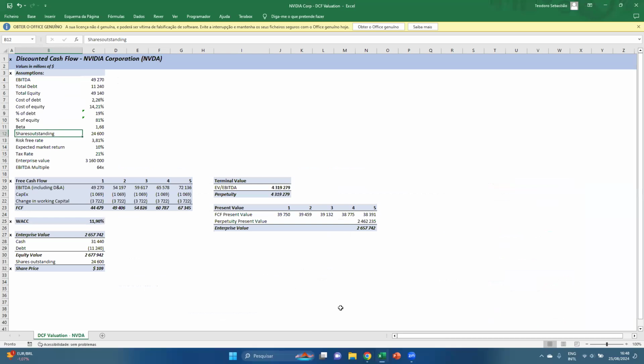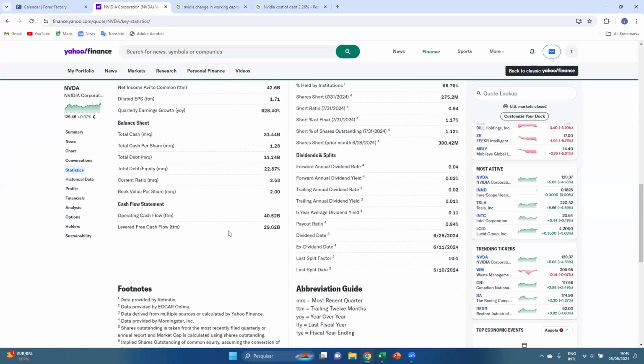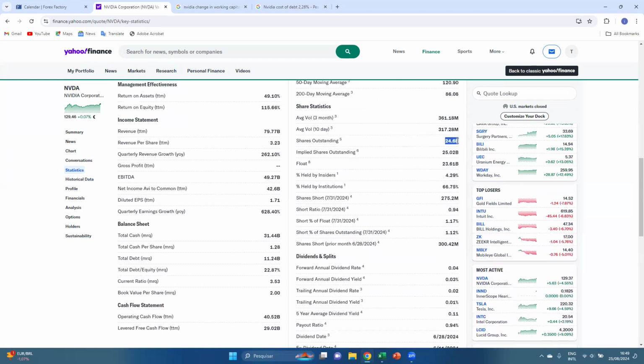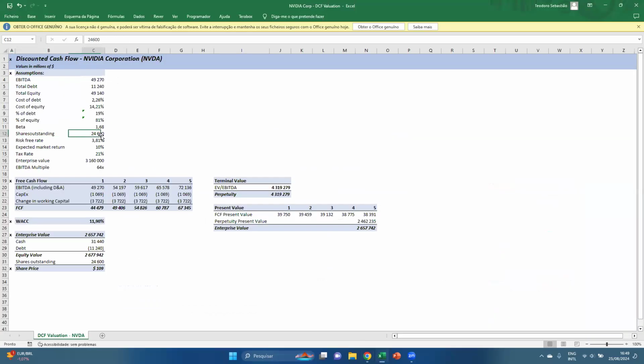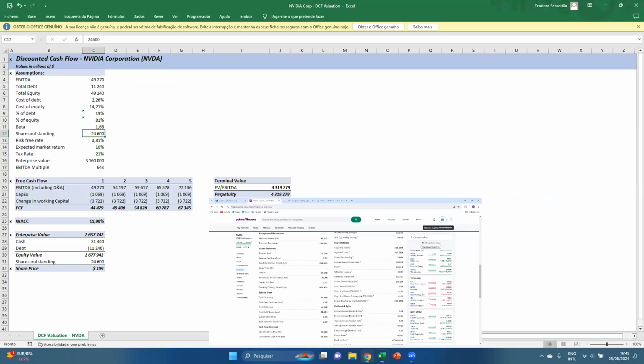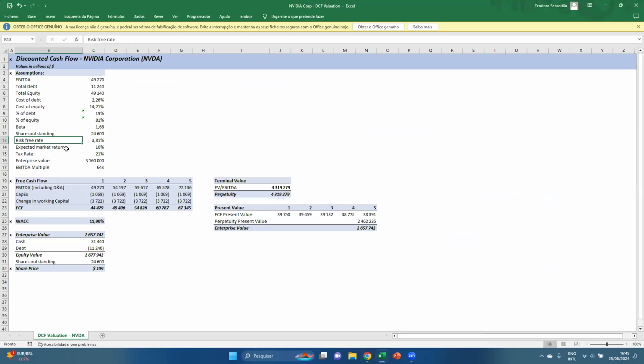The shares outstanding we can also find here, it's about 24 billion, like we have here. Risk-free rate, that, as I said, is basically